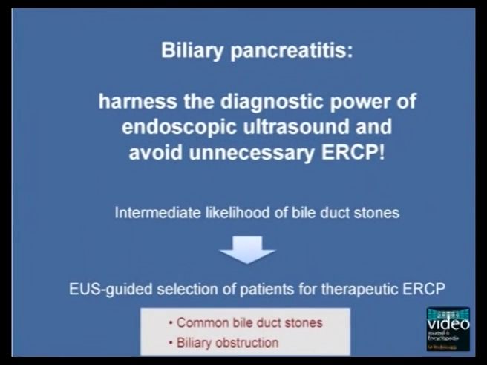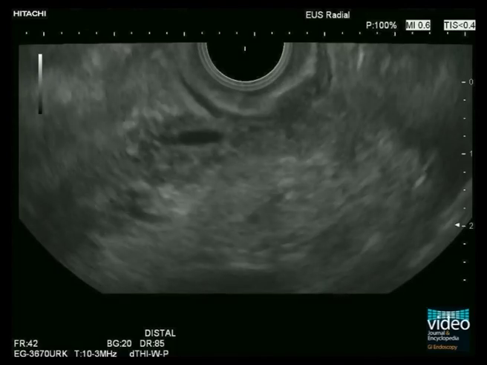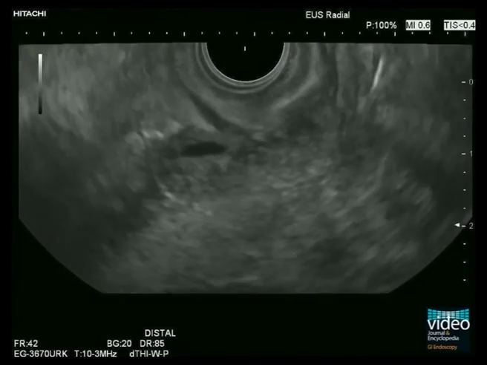In acute biliary pancreatitis, appropriate indication and timing of endoscopic retrograde cholangiopancreatography (ERCP) is important to optimize outcome and to minimize complications. In patients with intermediate likelihood of common bile duct stones, endoscopic ultrasound (EUS) should be used to select patients for therapeutic ERCP. An EUS-guided approach will avoid unnecessary and potentially risky ERCP, as shown in this case of